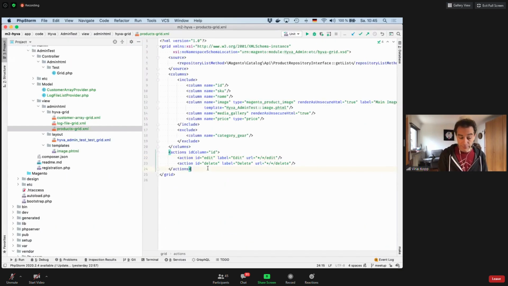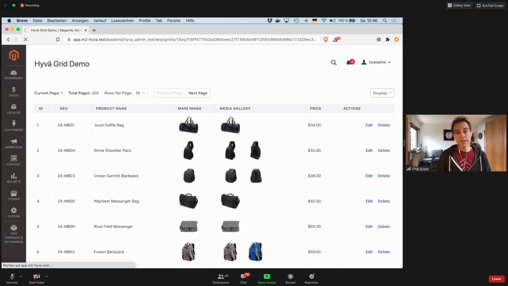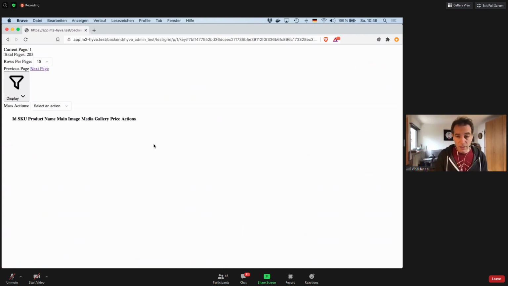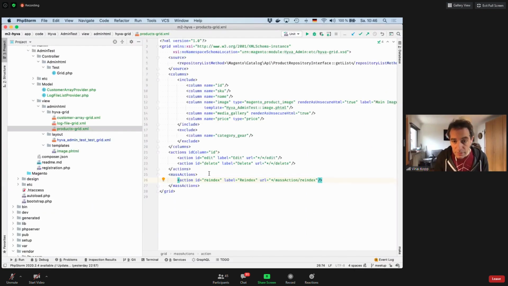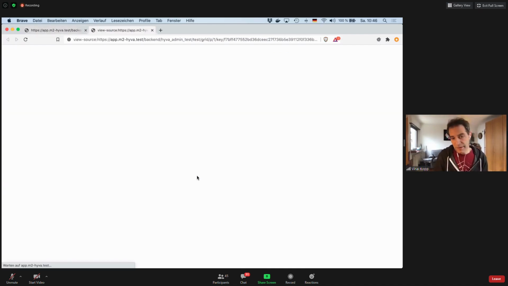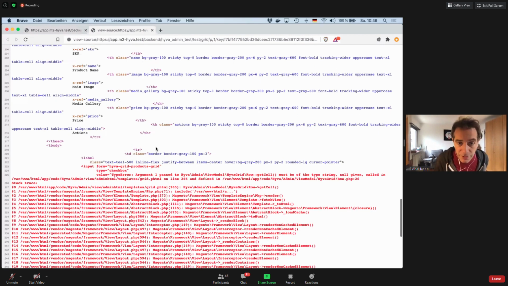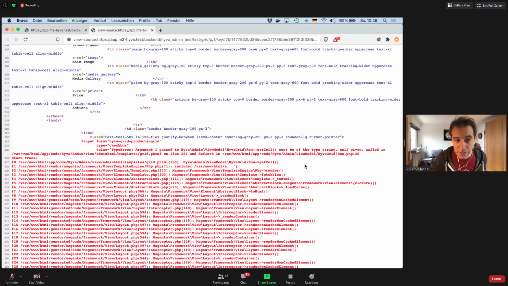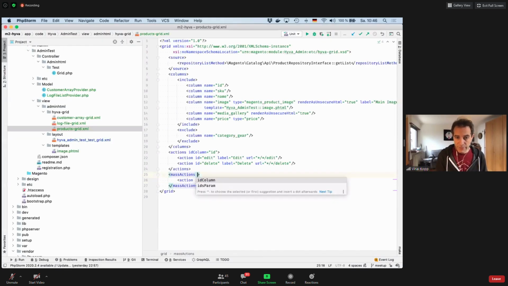And of course, there are also mass actions. So if I want to specify mass actions, I can add an action like reindex, a URL, a reindex action, something like this. And as soon as there's a mass action, oops, something's wrong. Let me just check. So this is still a very early product, right? So what did I do wrong here? Argument 1 passed to getCell must be of type string, null given. Huh, interesting. So how can I do this? Maybe I'm missing the